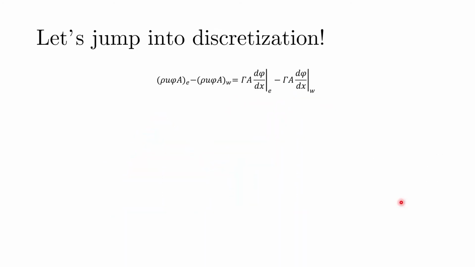So now, having understood how to write the phi at small e and phi at small w, and we already had the gradients, let us plug it back into the equation that we had obtained after integrating the governing equation. So let us see how that happens. We had this particular equation on the top that we looked at a couple of slides back. Now we'll assume that the first case is when the u is greater than 0, and for convenience I'll also assume that we have constant cross-sectional area.